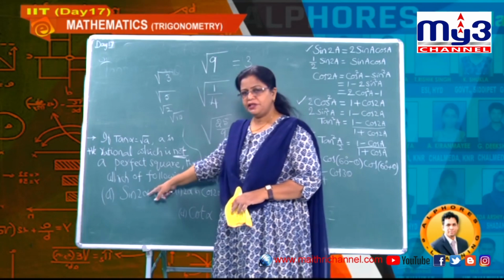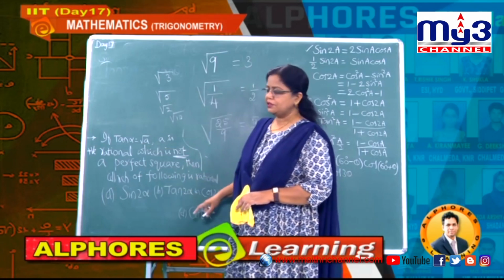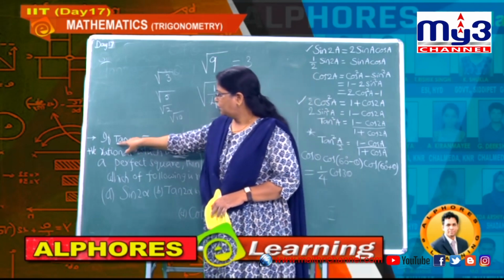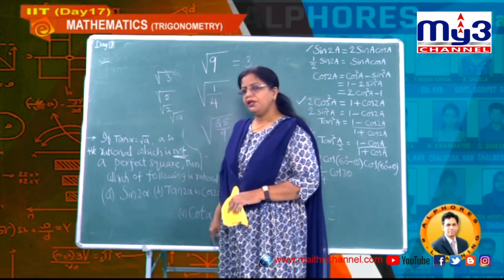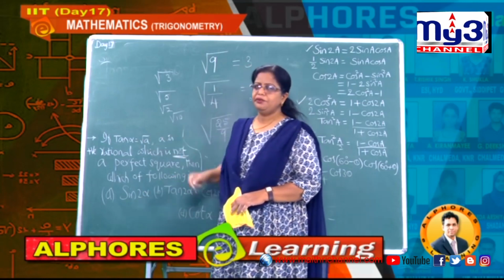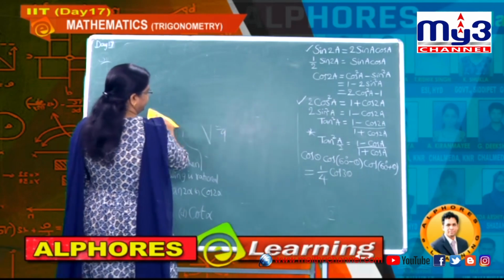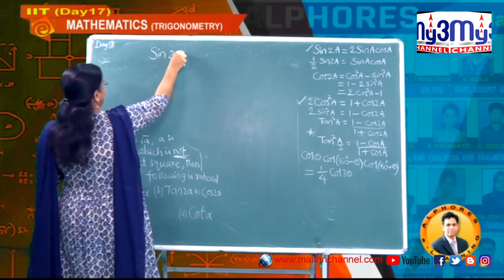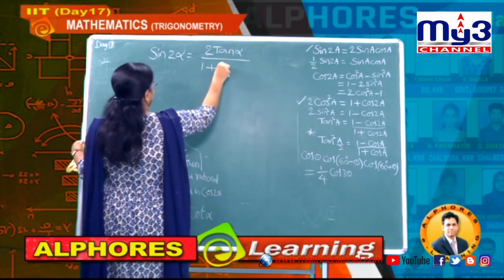And for the next values, let us check one by one. That means sin 2 alpha, rational or irrational, and tan 2 alpha, like that cos 2 alpha. Here the given value is what, students? Tan alpha is given. As tan alpha is given, let us use formulae related to the tan function. Understand, because this is the information, I want to make use of tan formulae, that is sin 2a, cos 2a you have in tan also. Now what is sin 2 alpha? Sin 2 alpha, our formula is 2 tan alpha divided by 1 plus tan square alpha.